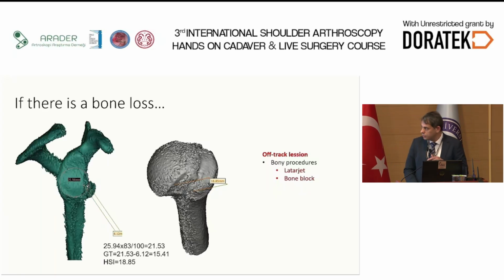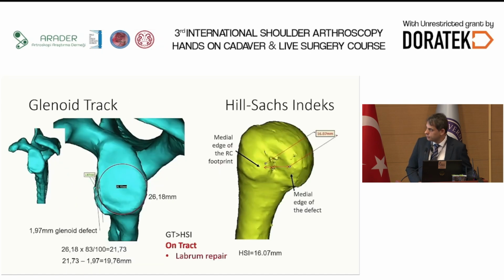As Dr. Yılmaz told us, if we have a bone defect, if our bone defect is off track, you have listened to how we calculate the on or off track lesions, you have to do a bone procedure. But if the defect is not big enough to cause